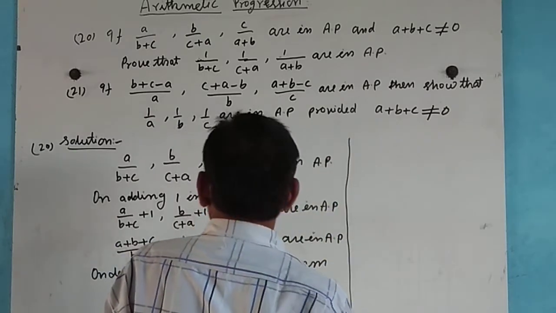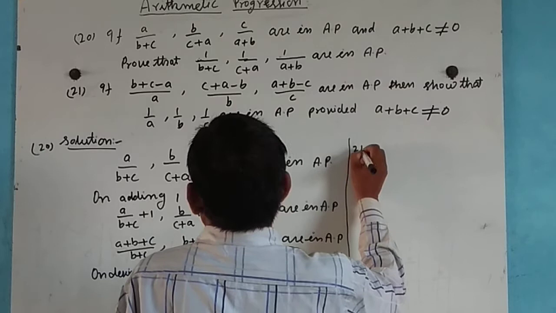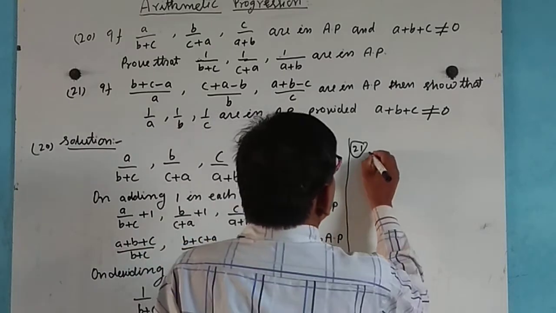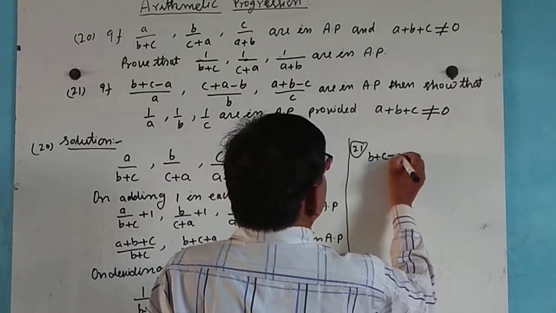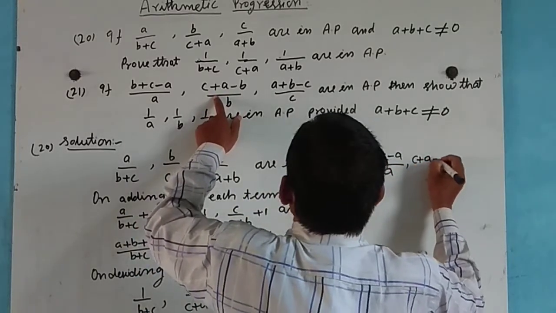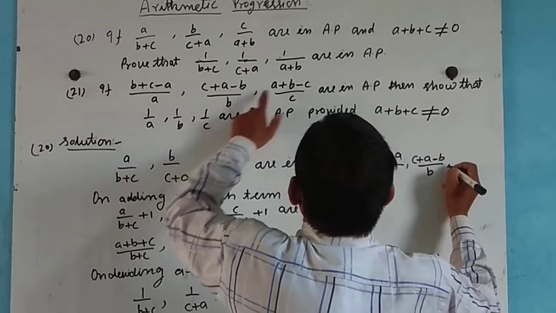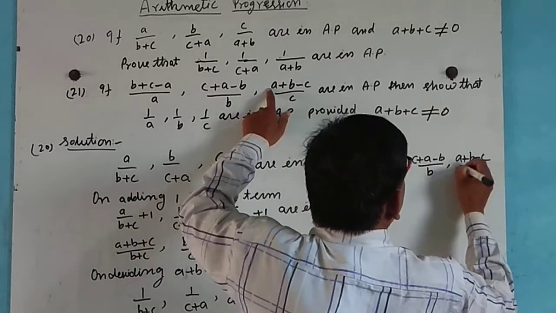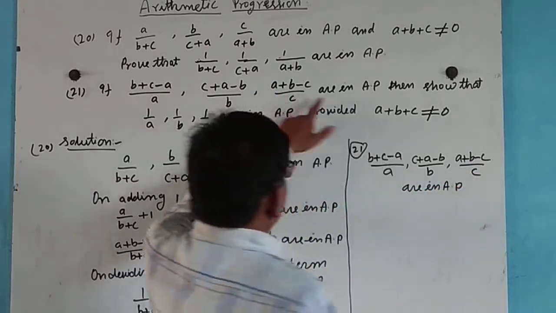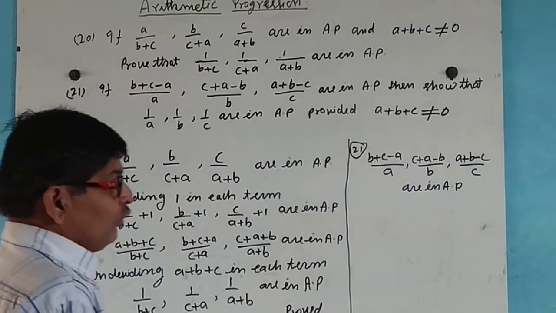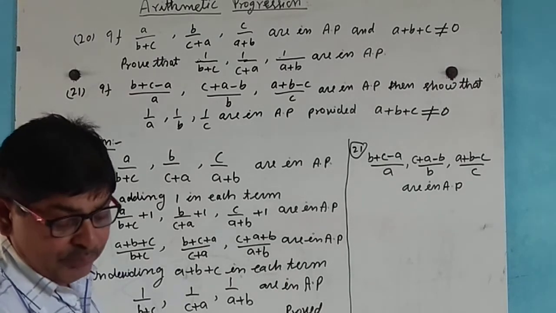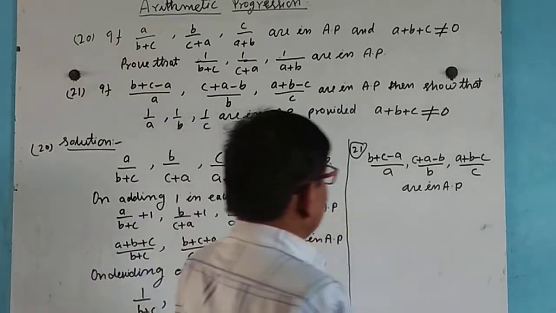Second question, next 21. Given b plus c minus a by a, c plus a minus b by b, a plus b minus c by c are in AP. This is given. Now, here in this case, if we add 1 in this case,